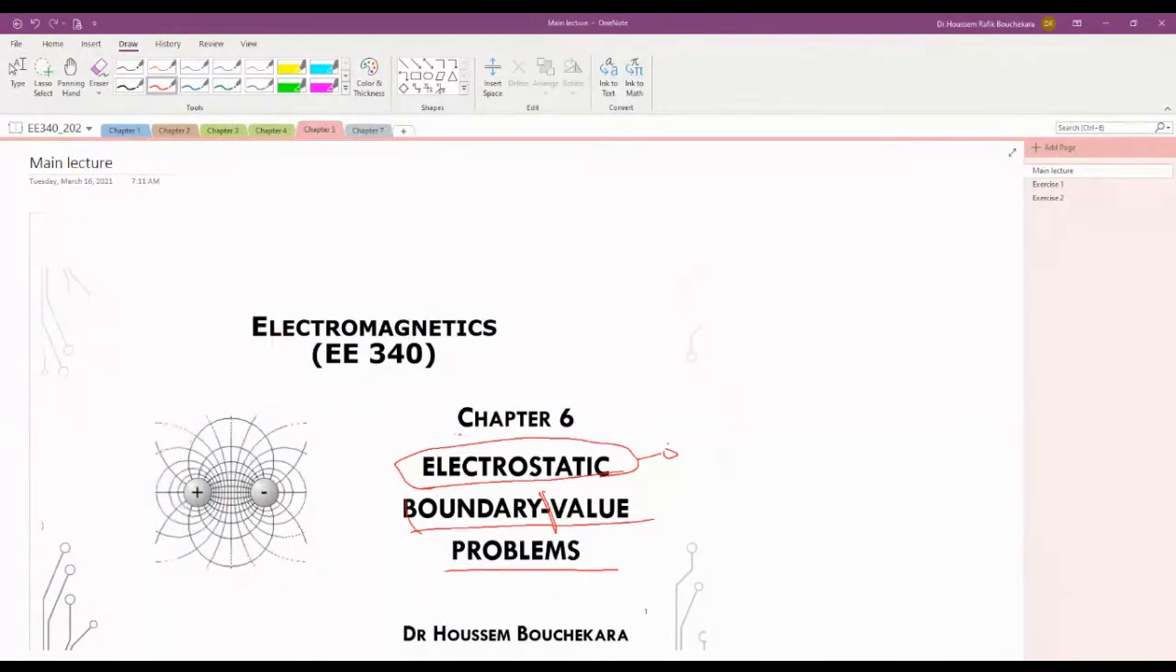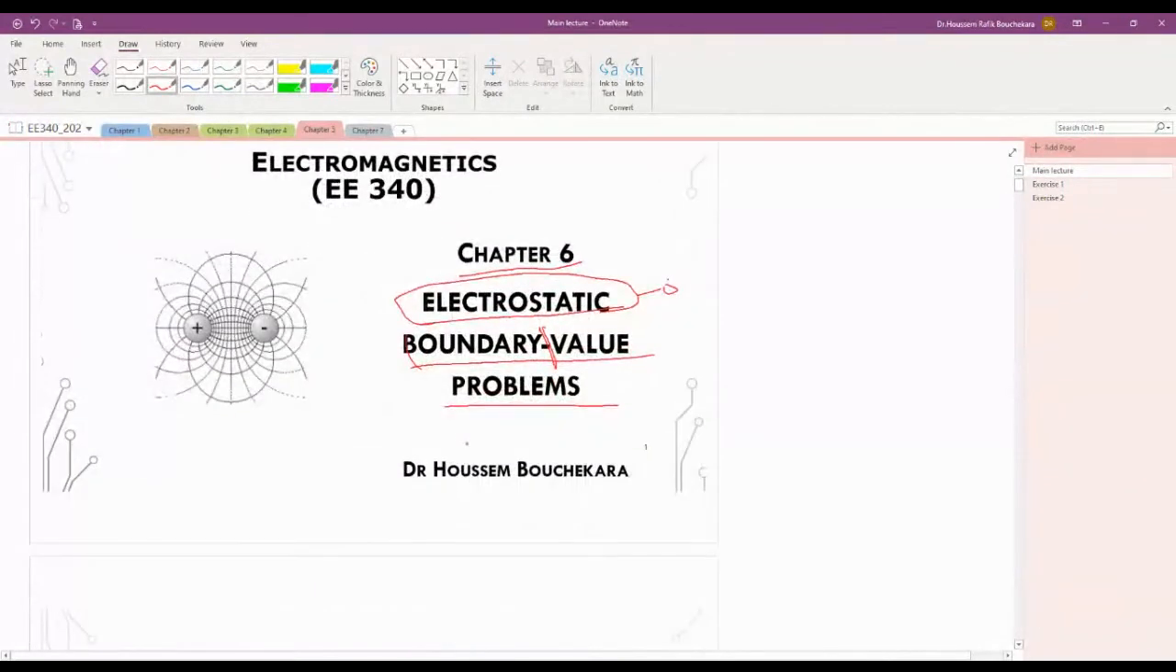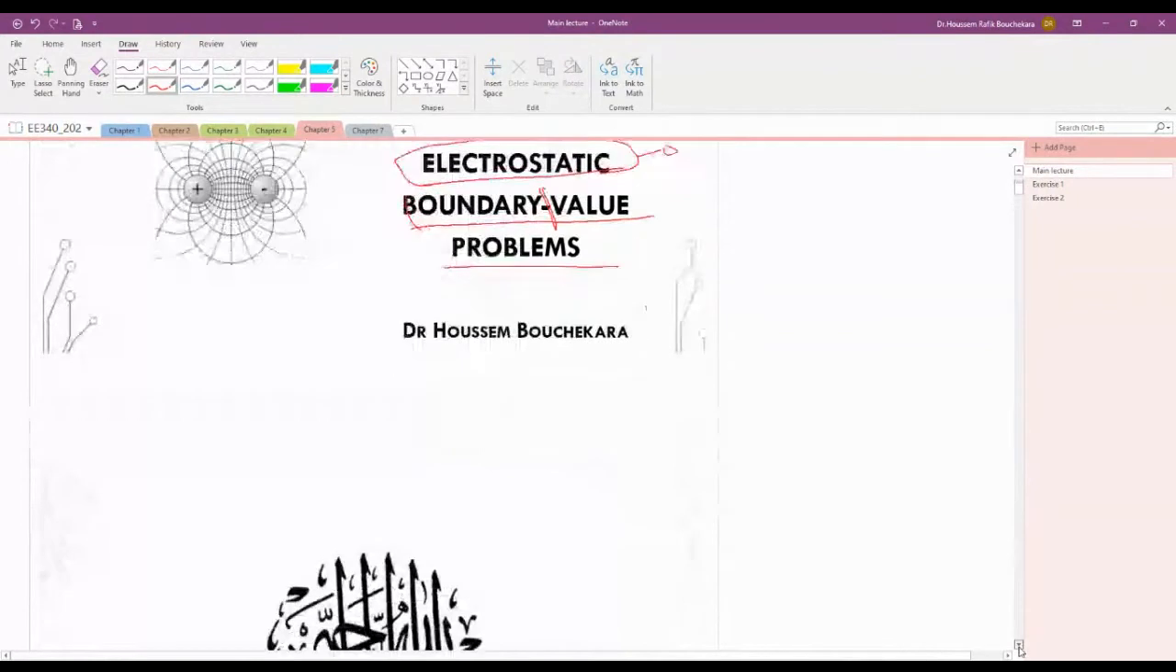Chapter number 6. Let's do a small revision of what we have seen last week. Chapter number 6, the electrostatic boundary value problems. Okay, we have said that